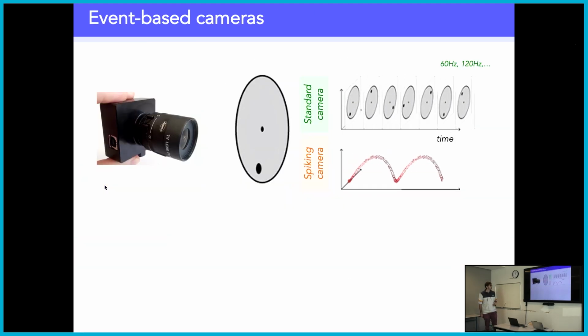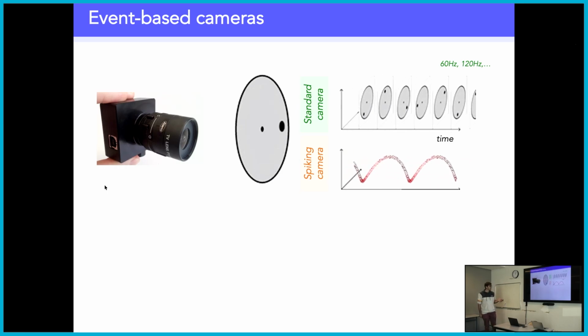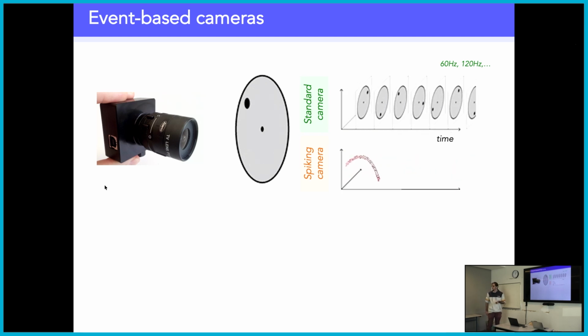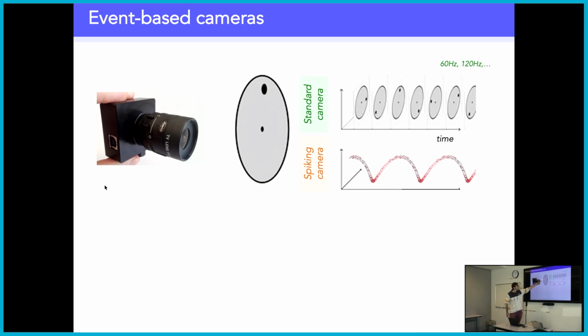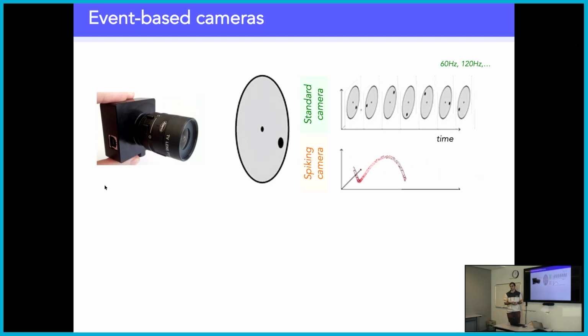Because I work on biology, I'm very interested in spiking cameras, called event-based cameras. Probably most of you know how they work. This is a standard camera: it sends the RGB or luminance value for each pixel of the scene at a given frequency, most of the time 60 or 120 hertz.